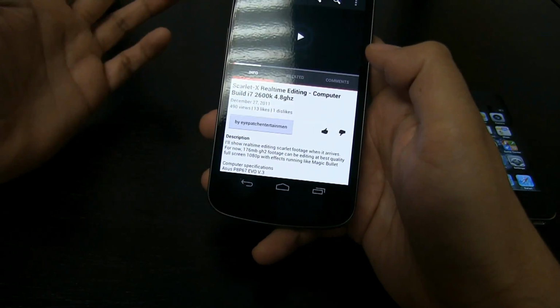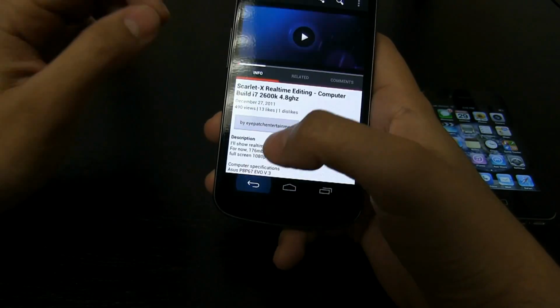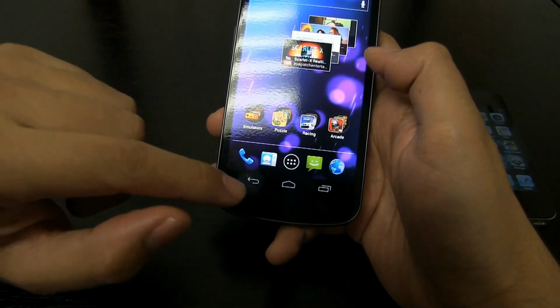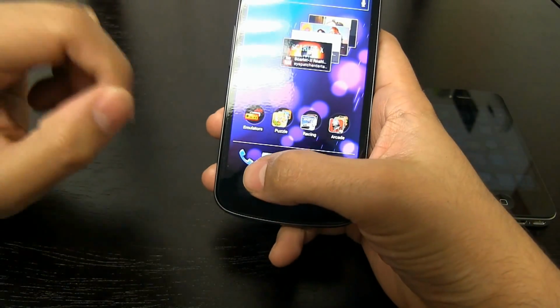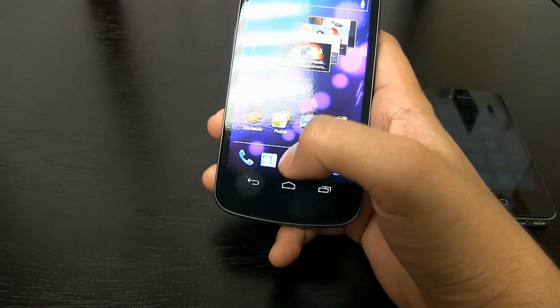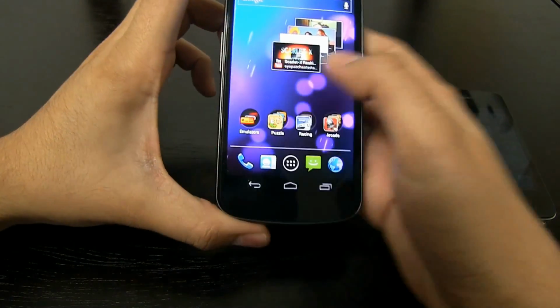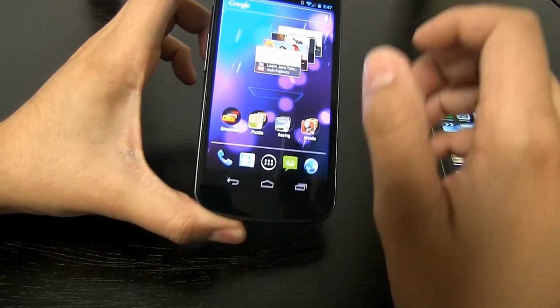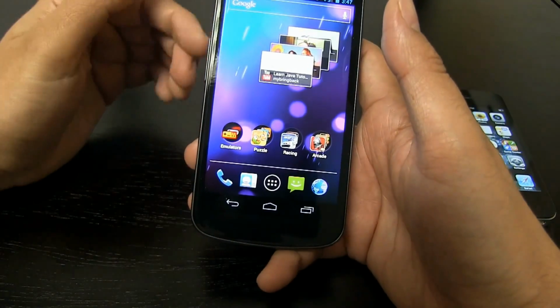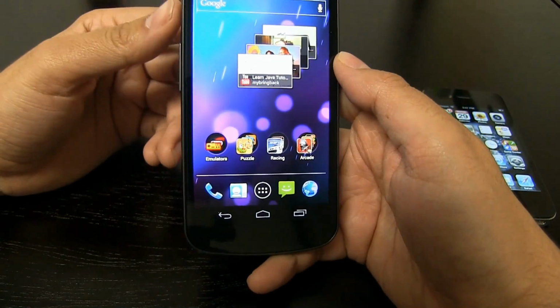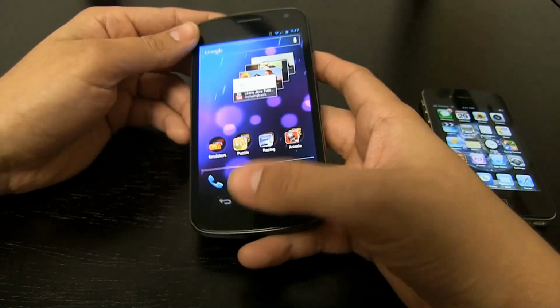Okay? So with Android, you get the consistency of the button being dedicated to back, and knowing that every time you use an application, if you want to go back, it's right here. With iOS, developers can do whatever they want, and they really ruin the experience of the operating system.